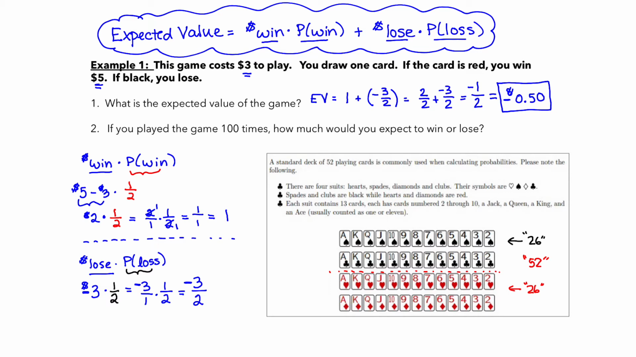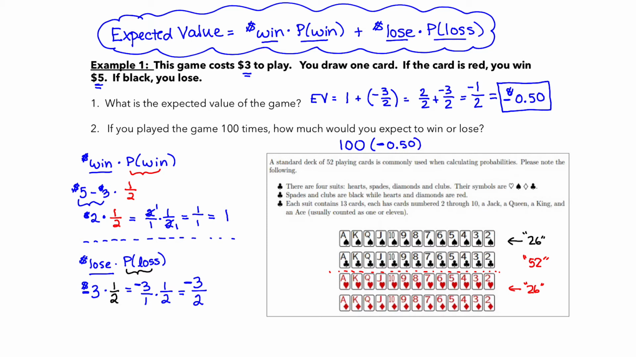What about that second question? If you played the game 100 times, how much would you expect to win or lose? Well, how do we calculate that? We simply take the 100 times that we're playing our game and we multiply it times our expected value,